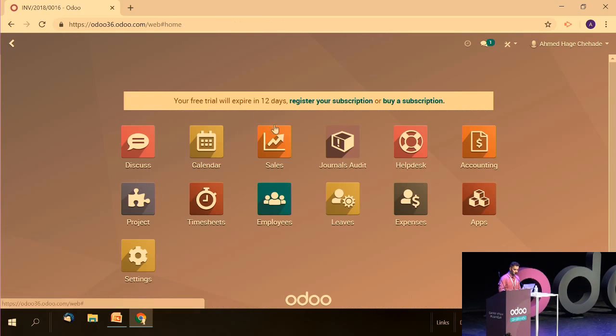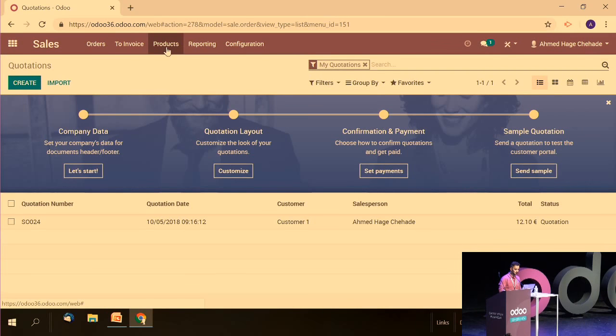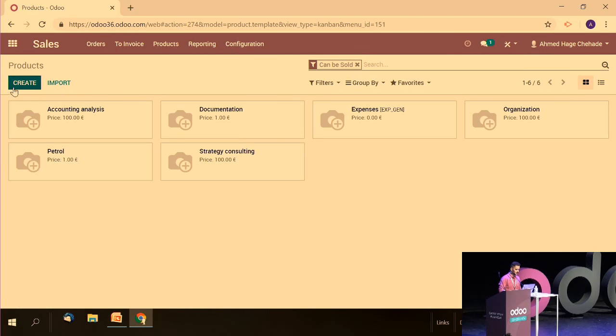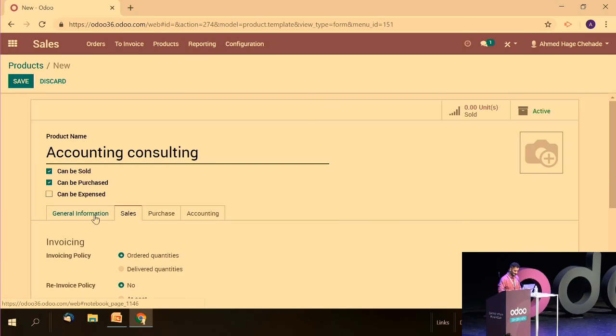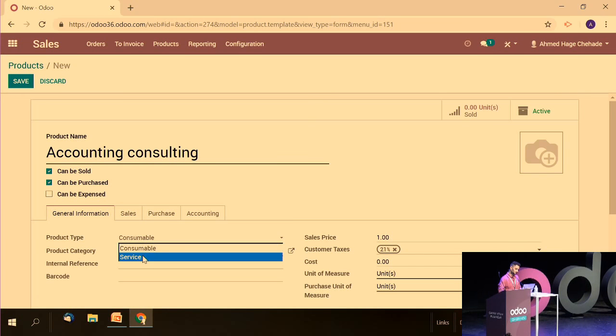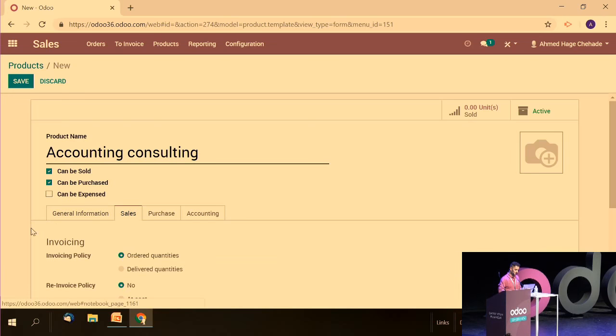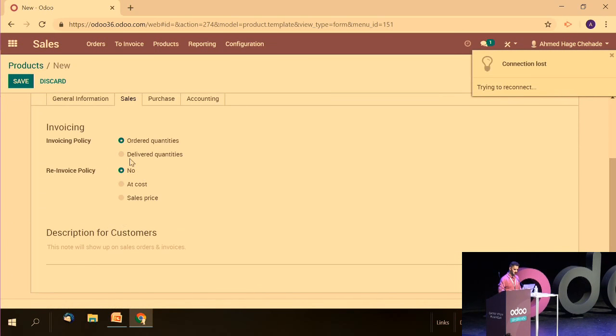Let's go back now to the sales application in order to create a new product. I would like now to create a product, for example, accounting consulting, okay. And now, I will say that I would like to have an invoice policy. I would like to create an invoice based on the ordered quantities, and